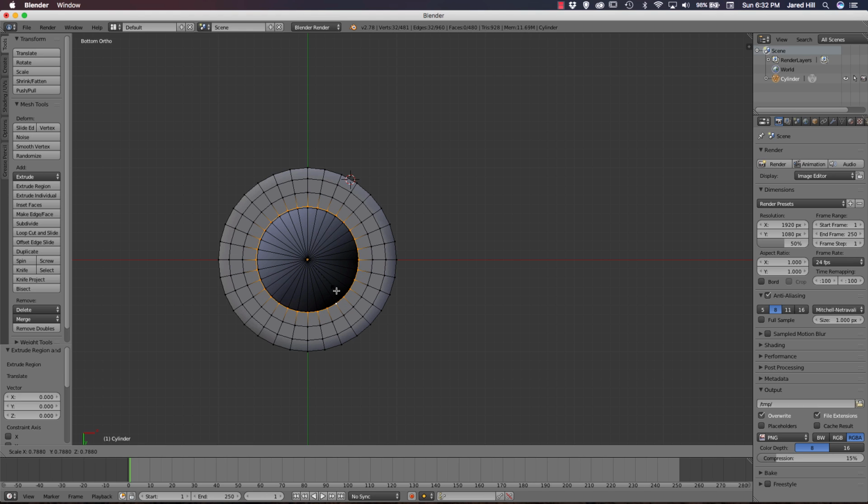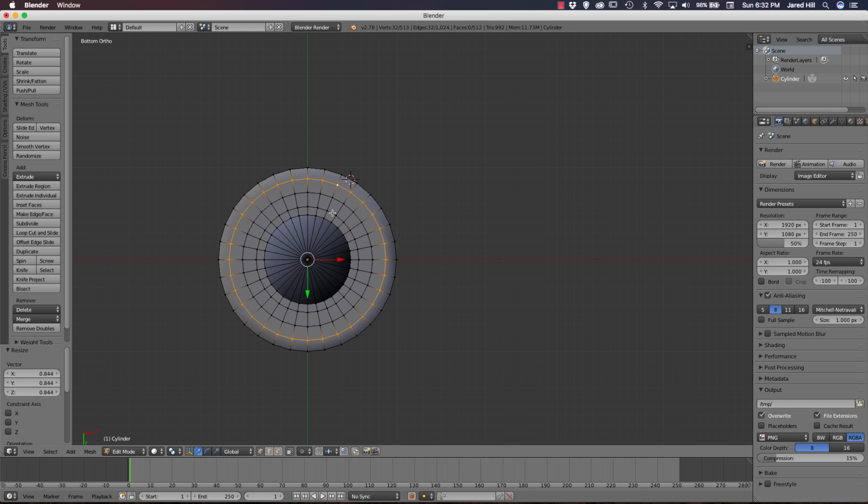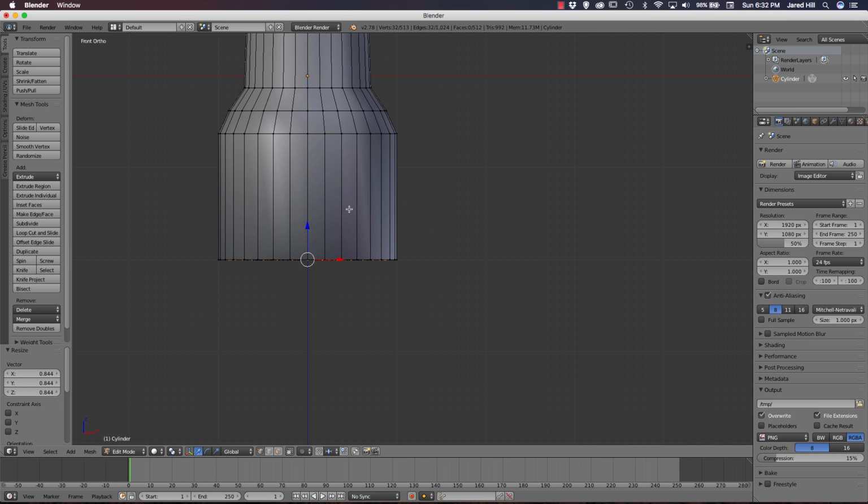Scale. And let's do it one last time. So we're going to again extrude, right click, scale. Okay, now if we select this first inner ring and go to our front view, we can actually move this